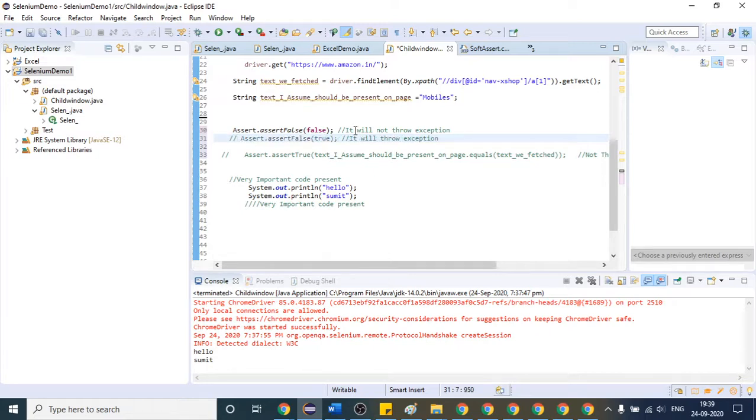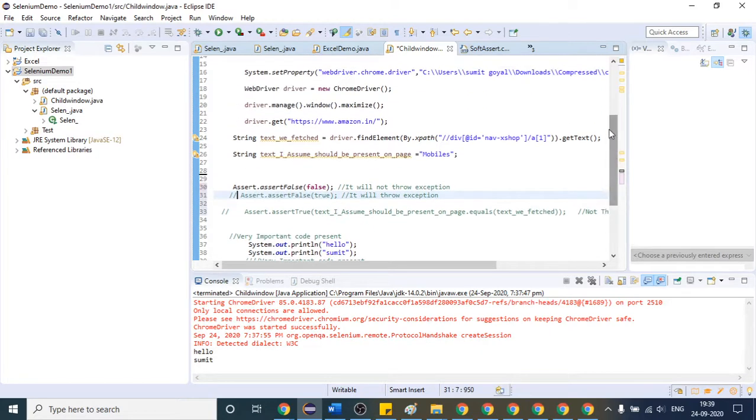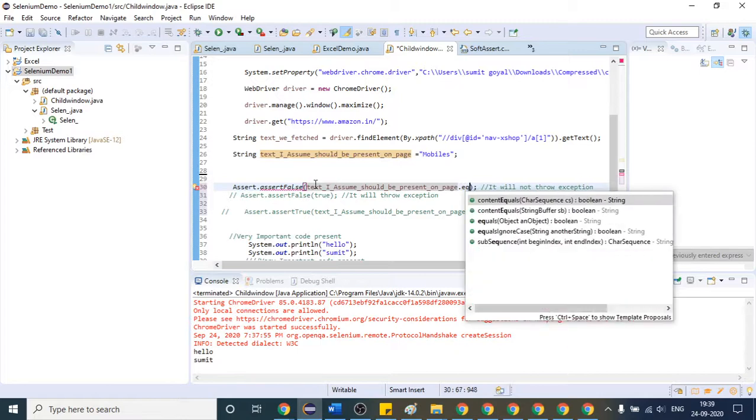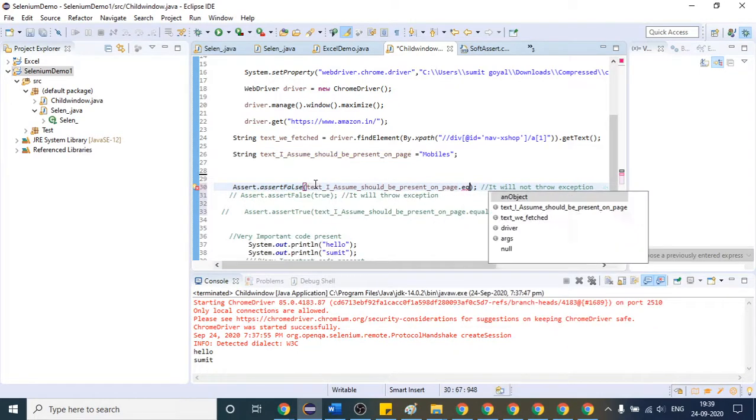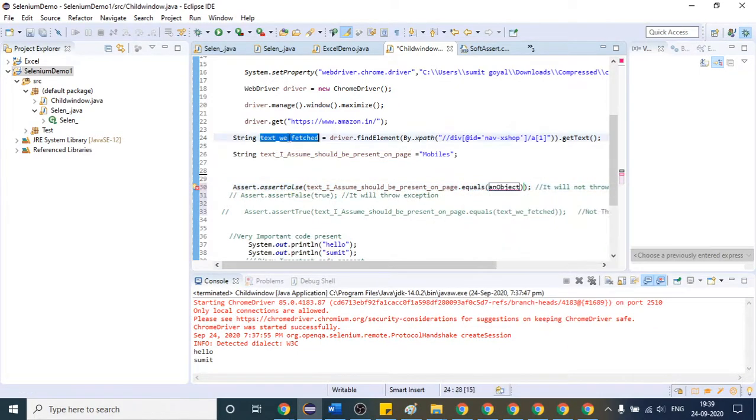So this time, suppose again I compare this one, I need to compare with the text we have fetched, right? So I think it is here. Are these equal? I think yes. But what will happen?